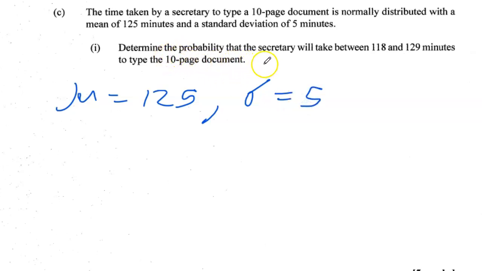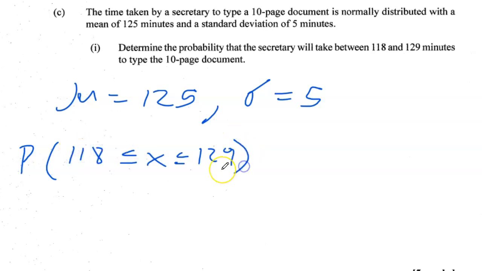Determine the probability that the secretary will take between 118 and 129 minutes to type the 10-page document. So we calculate the probability that X, which is normally distributed, is between 129 and